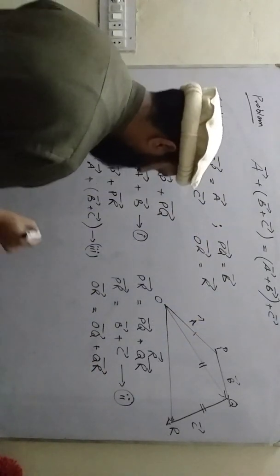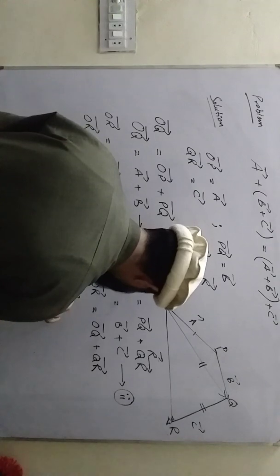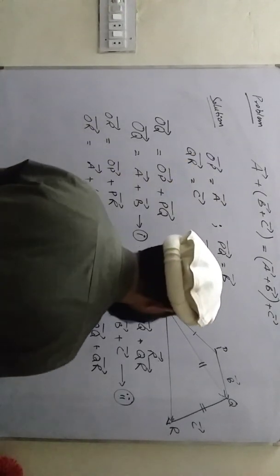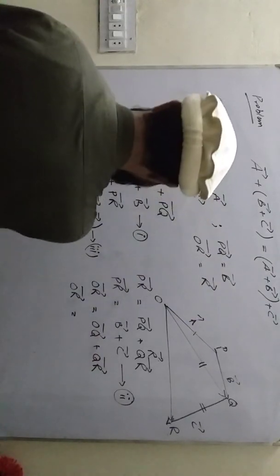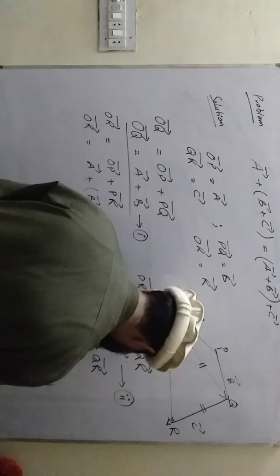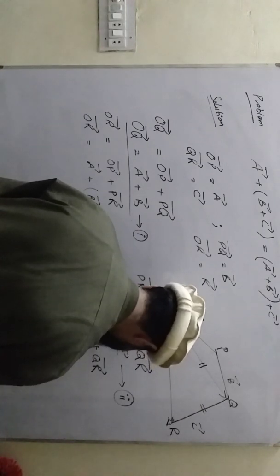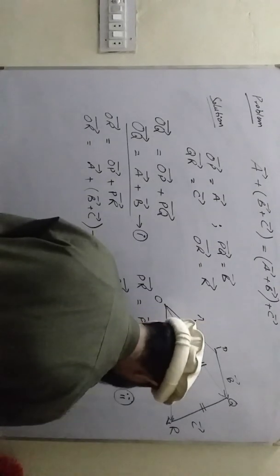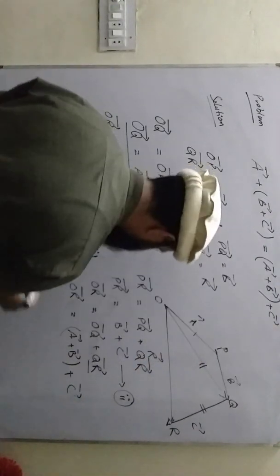So from here OR is equal to OQ, and from equation 1, OQ is A plus B, plus QR, which is the vector C. This is equation number